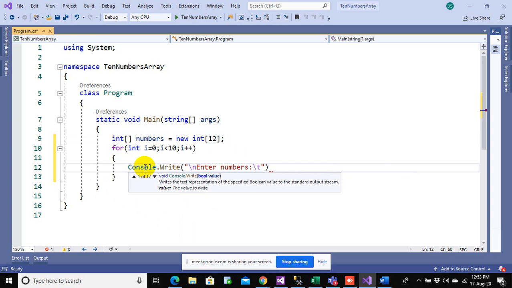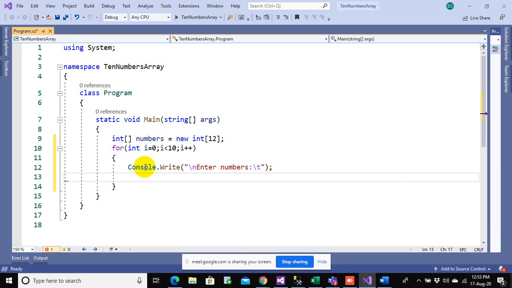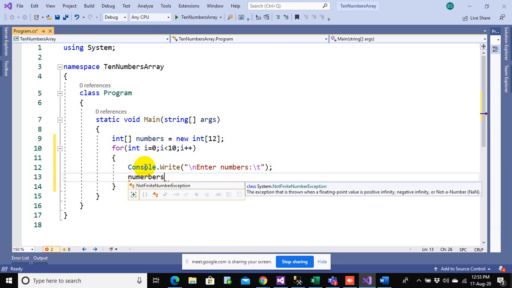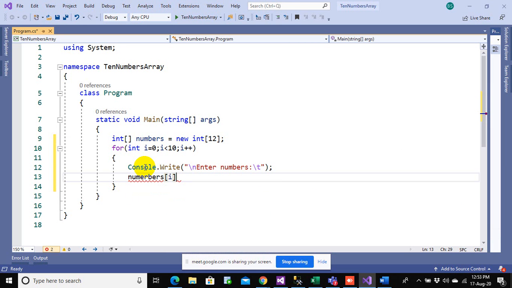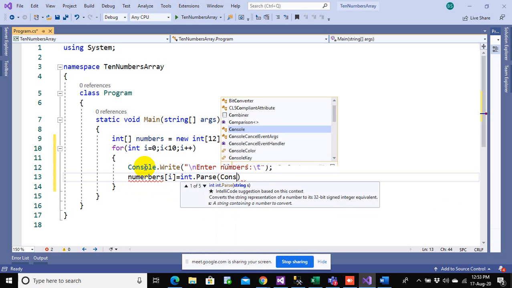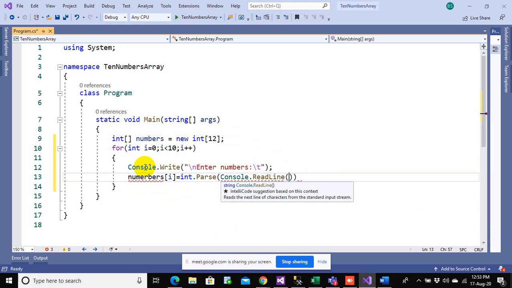We want to store that number somewhere, so that means we want to store that in numbers 5. And once that is done,